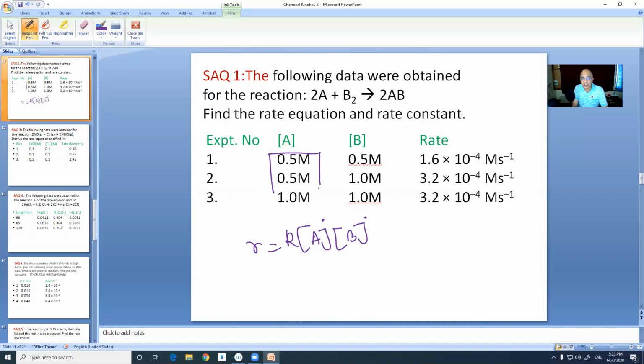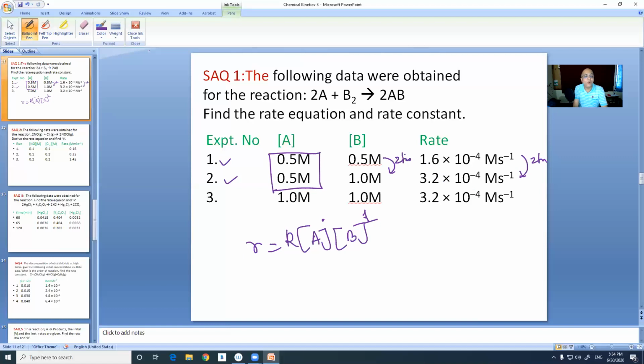Now A concentration in these 2 data is kept fixed, and now B is doubled here, 2 times. Compare what has happened to the rate. Exactly doubled. Exactly 2 times. So with respect to B, because A is constant, you are determining the order with respect to B. So B work is over. With respect to B, the order is 1.